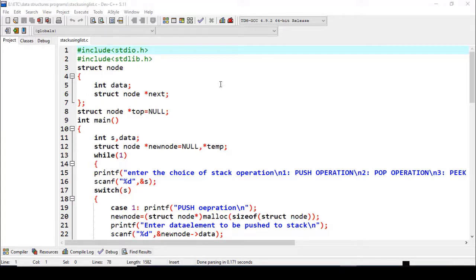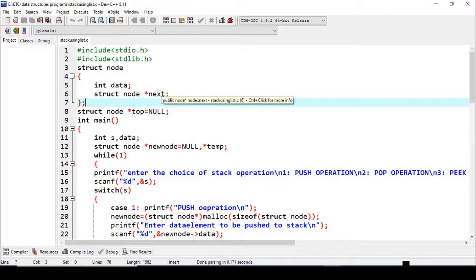Now here the program starts with the declaration of struct node. The node has been declared. As I said, I will be using the singly linked list. So here it is int data and struct node next pointer. You can change it to previous pointer also, there is no problem.